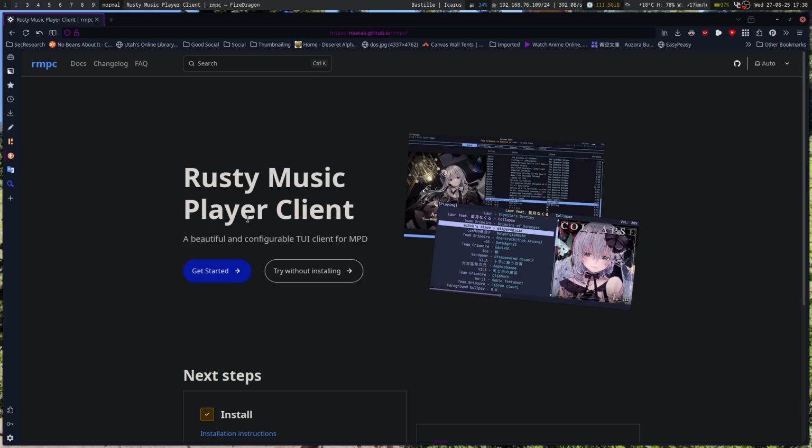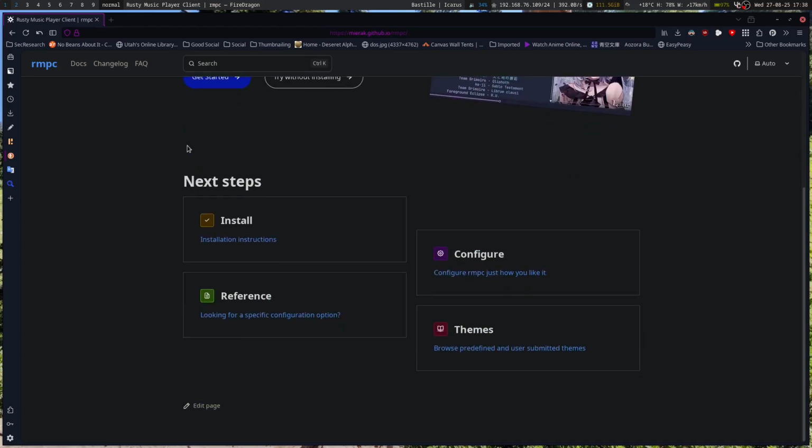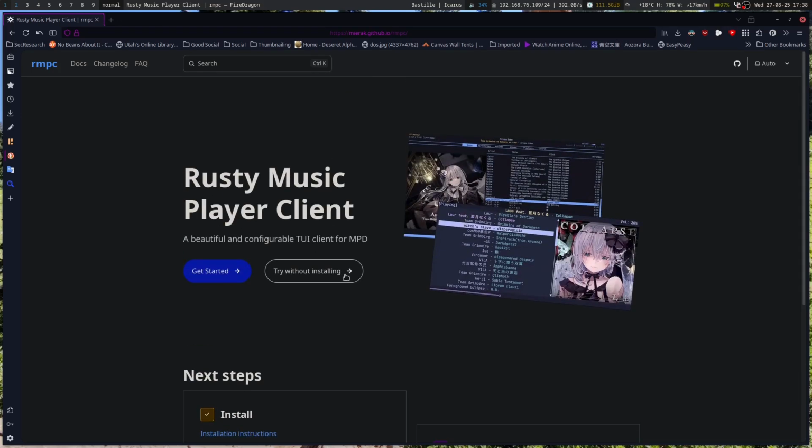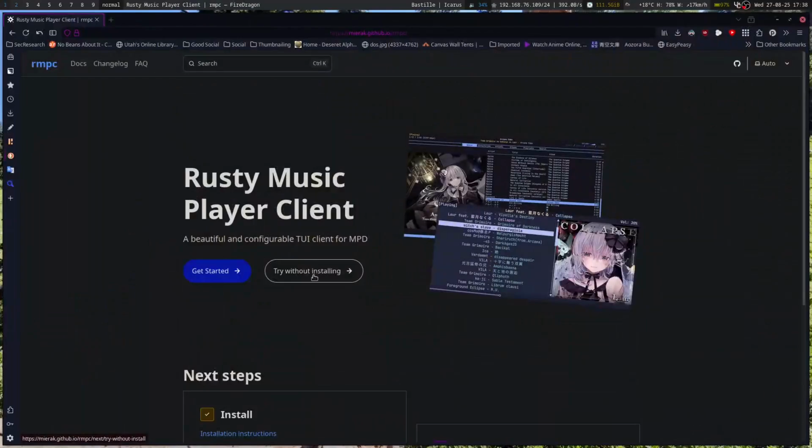Someone basically made a soft fork of ncmpcpp with album art, and it's rmpc. It's probably written in Rust, which I kind of hate, but yeah. So what's really cool is it's got this cool try without installing prompt. So if I quit out of ncmpcpp,